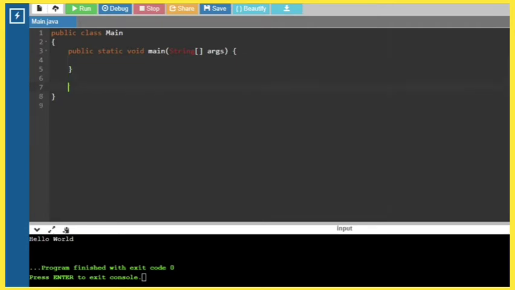So we will create a class named happy person. So we have created a class named happy person.